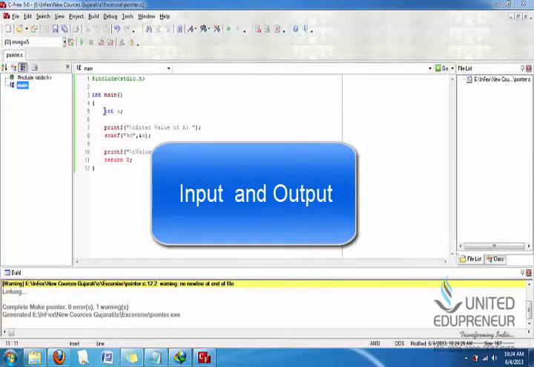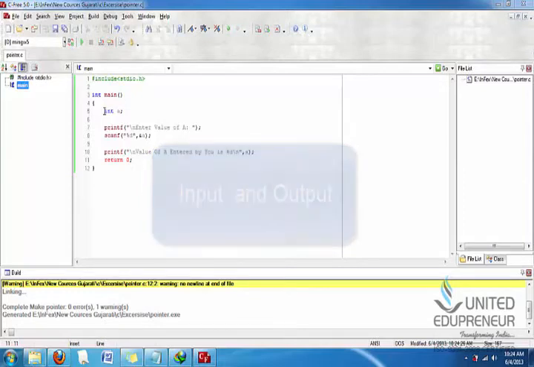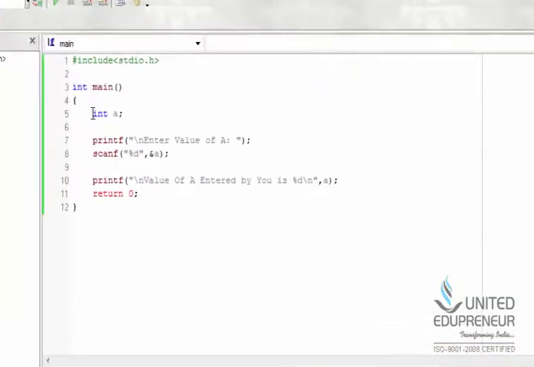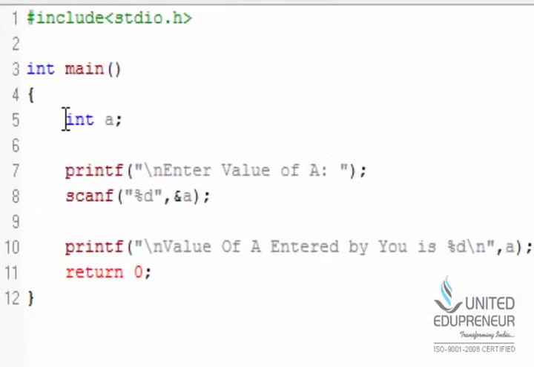Welcome friends. In this video tutorial, we will be learning about how to take input from the user. Till now, we are using values assigned by the program. We are not accepting any input from the user or from the screen. In this video tutorial, we will see how to take input from the console and how to manipulate that input in our program. So this video tutorial is about taking input from the user and displaying output based on that input.